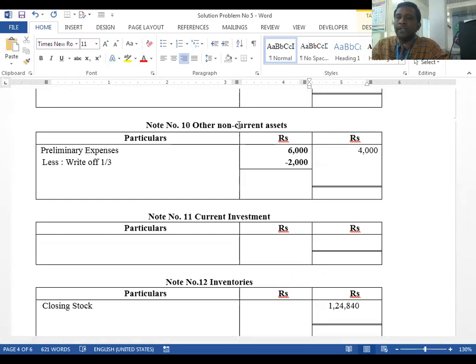And if any adjustment regarding the write-off of preliminary expenses is given, such amount should be deducted from the preliminary expenses, and the deducted amount is transferred to the profit and loss account under other expenses. Okay, now next item,